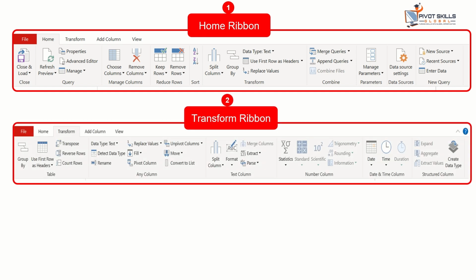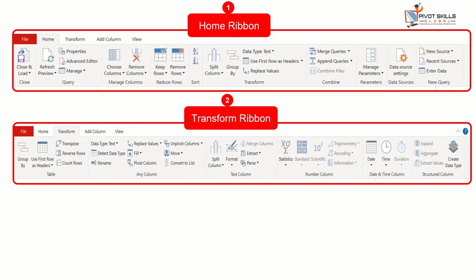Second, we also have the Transform ribbon tab, and this is the heart of Power Query transformations. In this ribbon, you can unpivot or pivot columns, group your data, extract text, format text, perform numeric operations, or reshape your entire dataset. Everything found in this ribbon will help you turn your data into meaningful and structured information. So in a nutshell, the Transform tab is where you reshape your existing data by applying changes directly to your